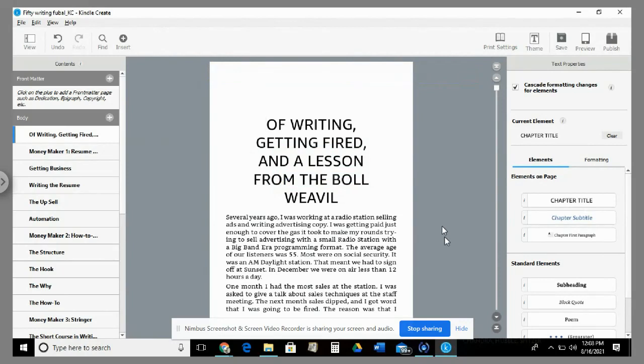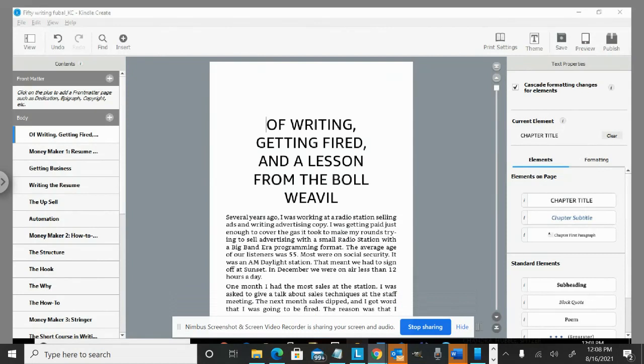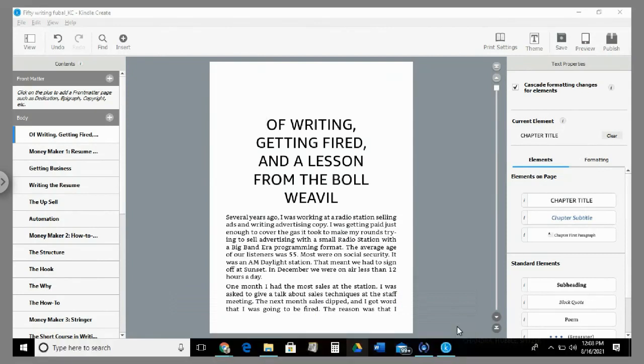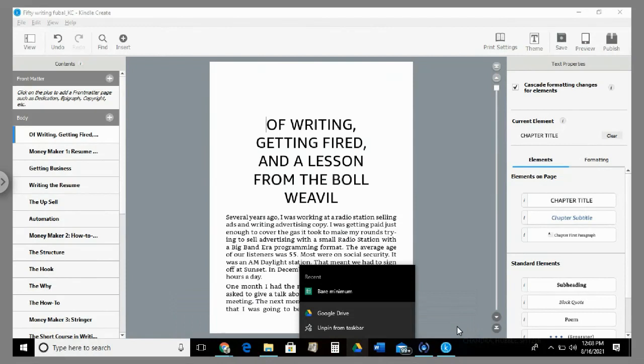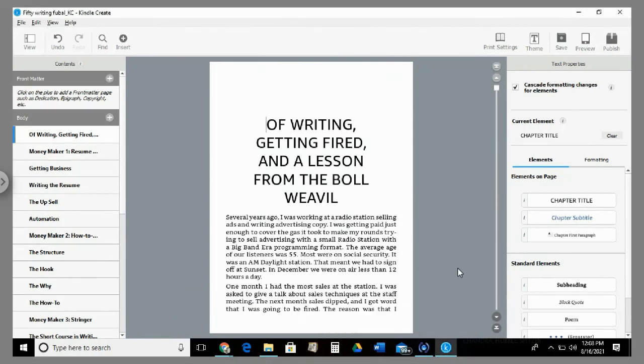Okay, let's get started here, and we're going to deal with some things. First of all, I want to click something here so we have the screen available for us to see. First thing we need to do is we have to upload our document. We've done that. It takes a while for it to do that, so I didn't want to go through all of that. Now I've uploaded this, and as you notice, I have left the title page is